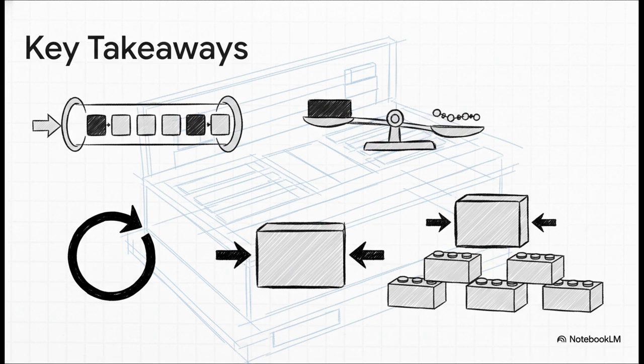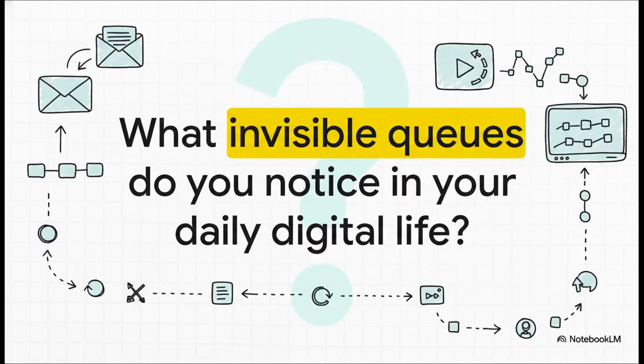Whether you need the tight memory efficiency of a circular array for a router handling network packets, or the dynamic grow-as-you-go size of a linked list for a task scheduler, understanding these trade-offs is at the very heart of writing good, fast software. So I'll leave you with a final thought. From your email inbox to the YouTube videos that are waiting to buffer, these structures are everywhere, silently managing the flow of data all around you. So now that you know what to look for, my question is, what invisible lines are you going to see